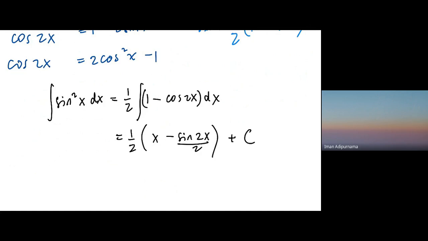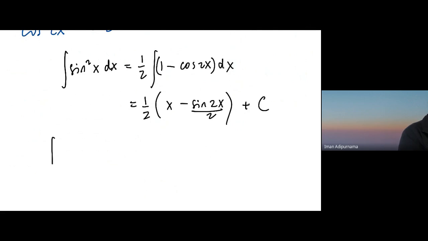Now what will happen if I square this sine squared? So sine with power of 4. The solution is similar. So if I have power 4, then I will have this, but it's squared, right? Let me write here. This will be from this and then squared, and then dx. And the sine squared, we know that the sine squared